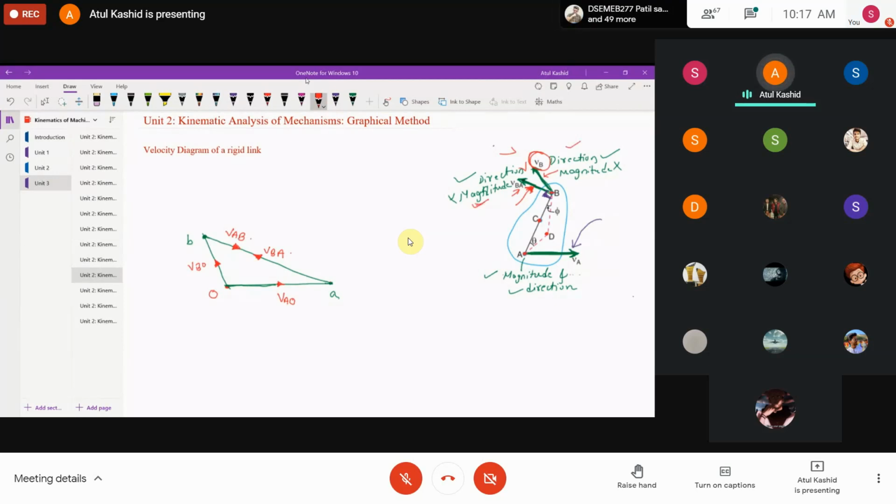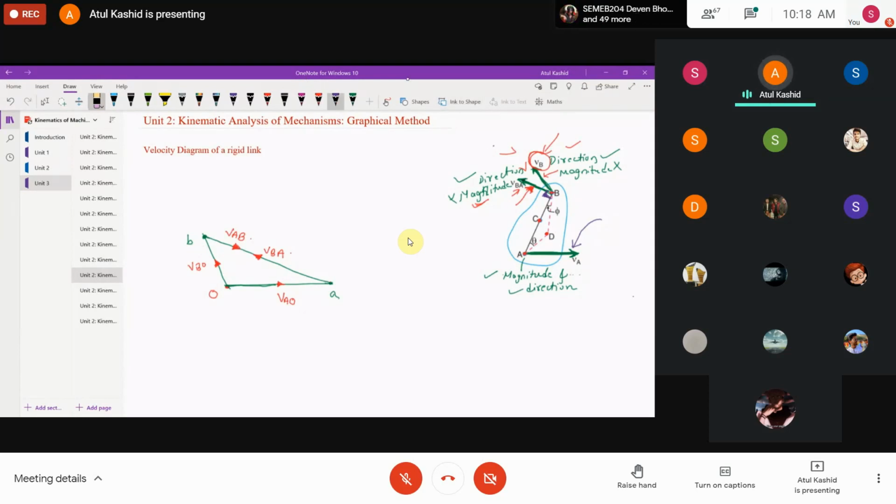If I want to identify the magnitude of velocity of B, right, we know this is the vector, you can measure the length and you can obtain the magnitude, right? Now we are not drawing this diagram as per the scale, right? So whenever we are going to start with the numericals, we are going to go by scale. That's why I told you to keep one drawing book with you and the geometrical instruments. In this problem, I'm just showing without the scale, right? I'm not taking the dimensions as per the scale, right? So this is the diagram, velocity diagram for this rigid link.